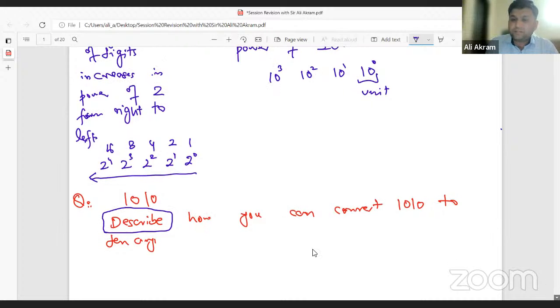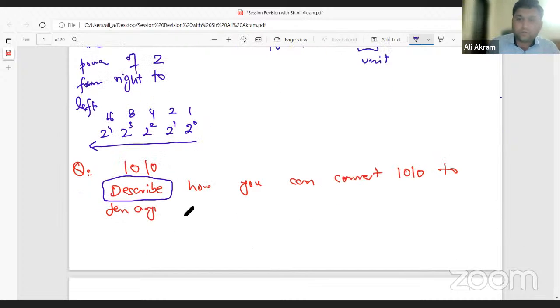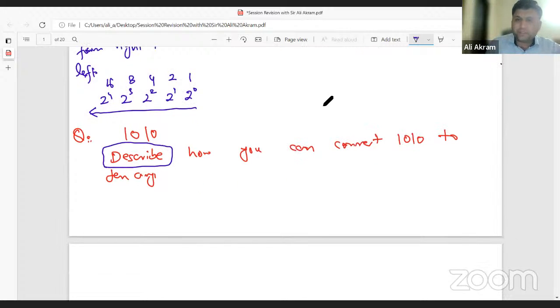So how can we describe this whole procedure? We can start by commenting on what is a binary number system, and we can talk about the positional significances, and then we can come to this number given. By referencing to this number, we can add the values where we have a 1. So whatever I have just put forward to you in discussion, I'll be putting it in writing now. So what I will say,